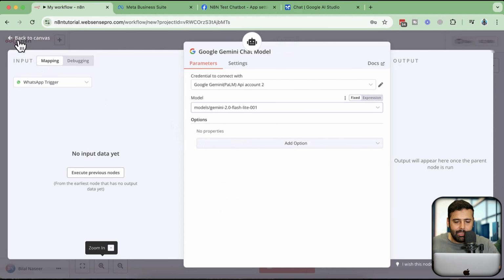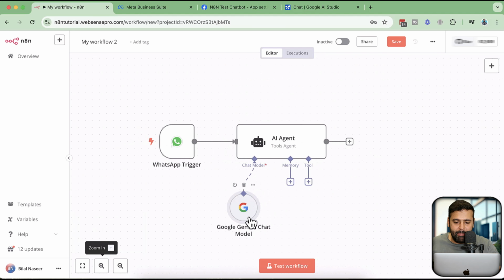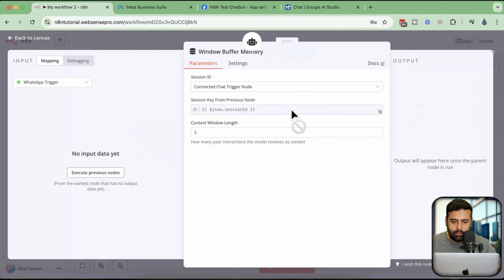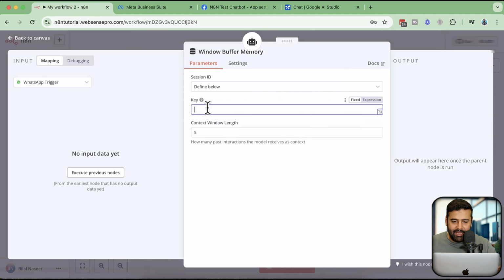Okay, let's go back to Canvas, and now I am gonna go to add a memory. So click on this plus sign here to add in memory, so our chatbot remembers the last messages which is in the chat. So let's click on this plus sign. From here, click on WhatsApp buffer memory, and here select define below, and then in key select expression, and then add this text here, which I'm going to provide